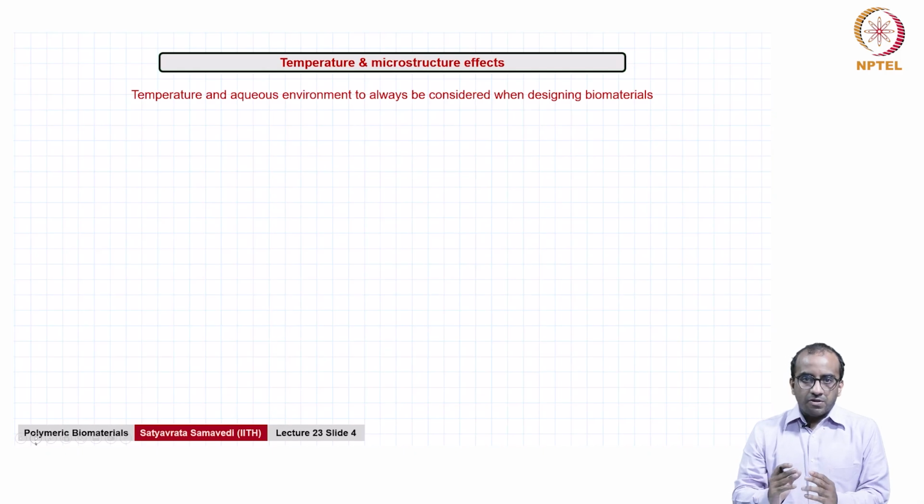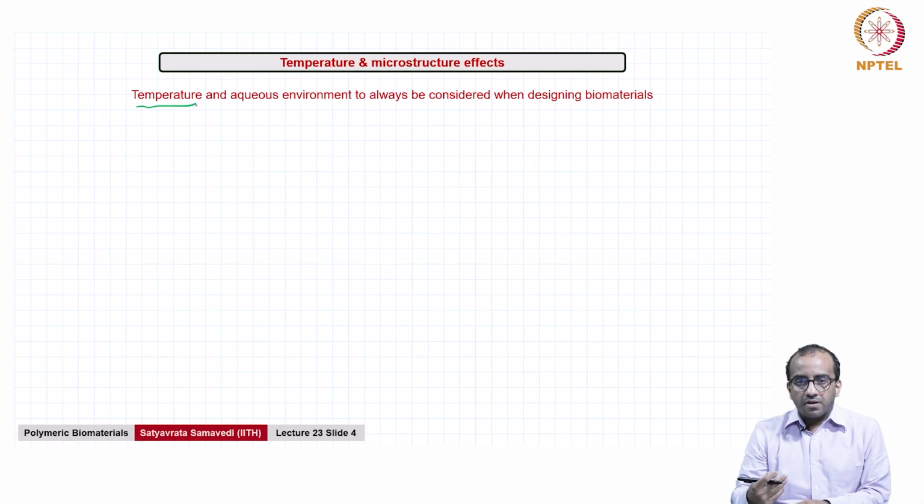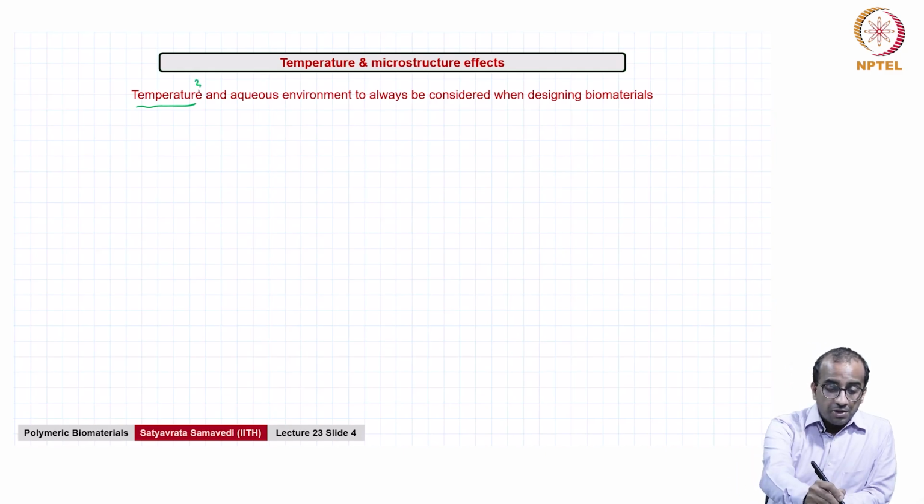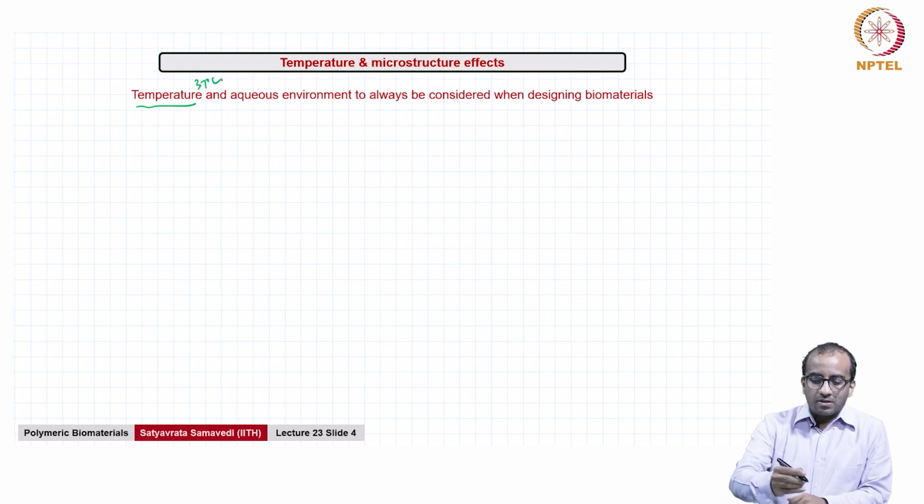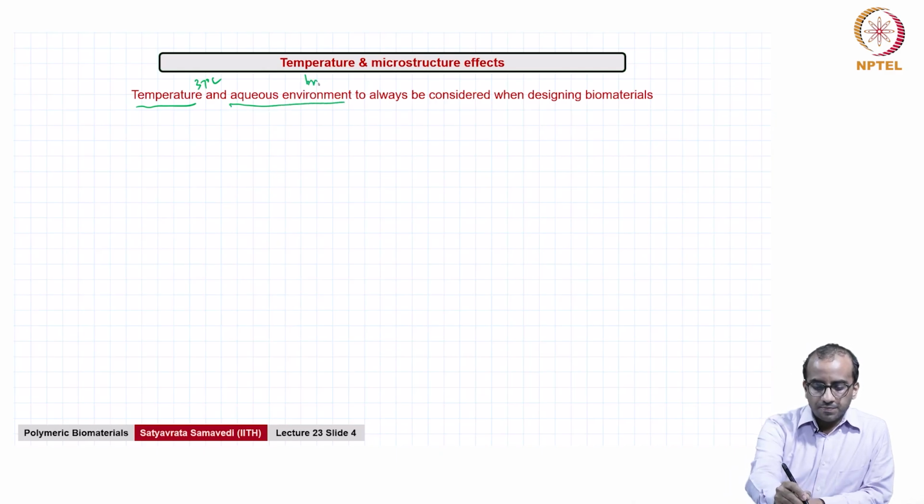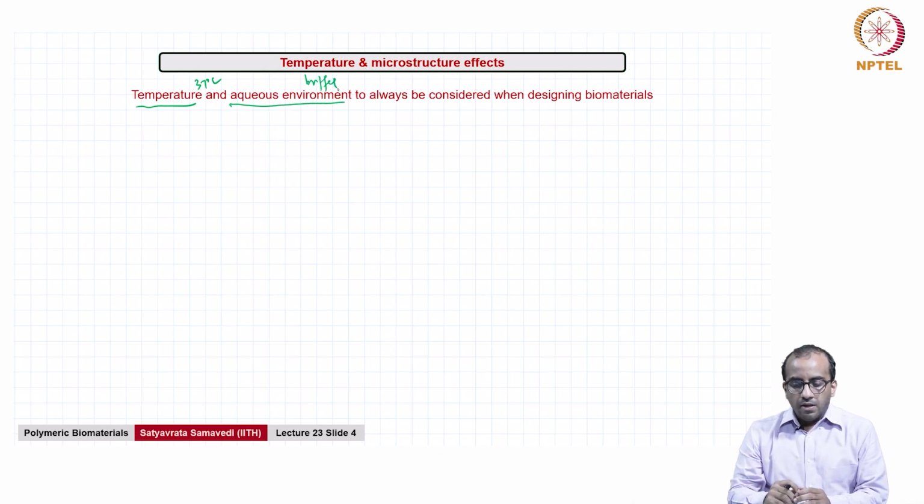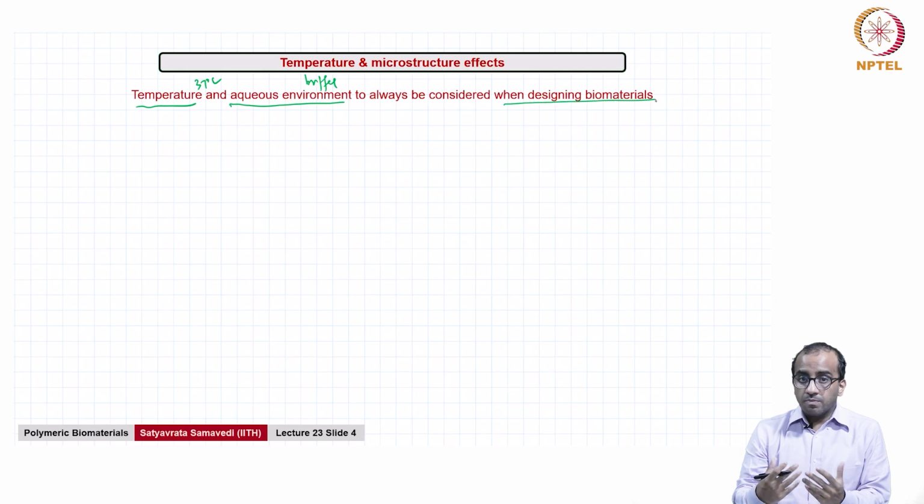See, first of all, you have to keep in mind that many of these biomaterials, if they are intended for implantation or use in the body, are going to be used at 37 degrees Celsius, which is the body temperature. And whether you like it or not, there is an aqueous environment, which is essentially a buffer, if you will. And both of these factors have to be considered very carefully when designing any kind of biomaterial, particularly polymers, because